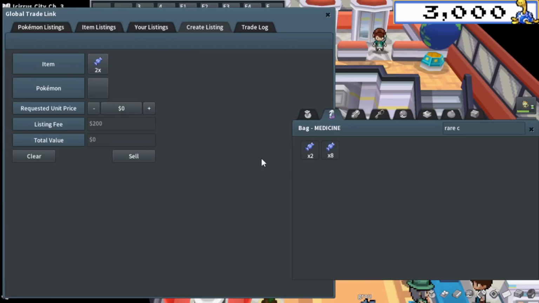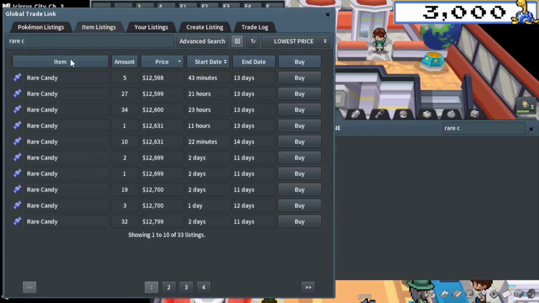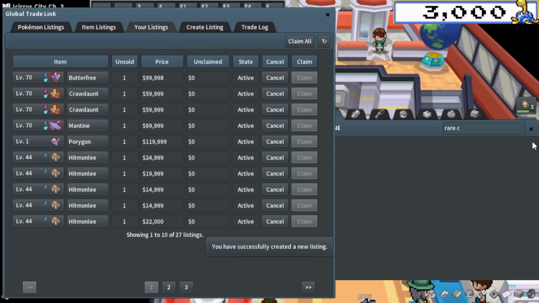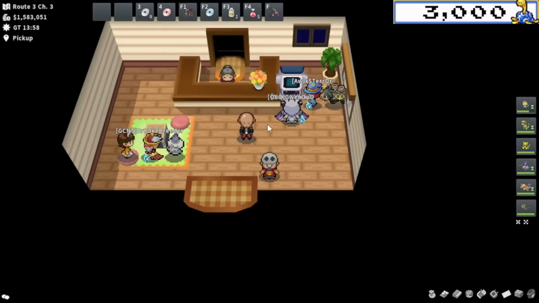We'll sell both of those for 12,500, 12,590. 12,590 would be the correct price. So that'll bring in 25k or so. Bam, there we go. All right, and then before ending this episode, I want to do a little more flipping,